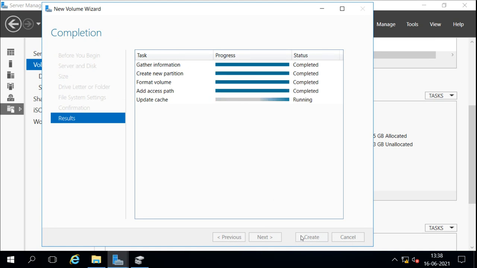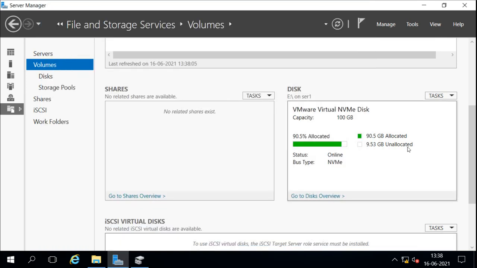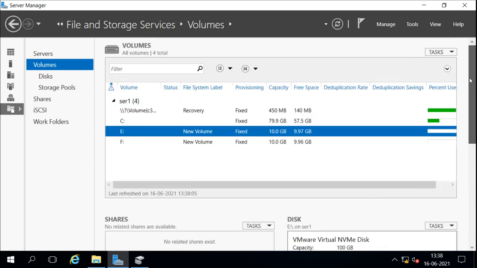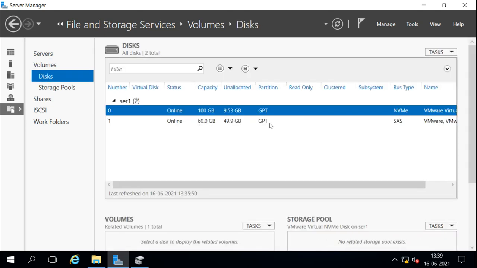And this is how it is created now. So we can see now new volume F here of 10 GB, and it is created from this disk. So 10 GB is used, so now 49 GB is available.